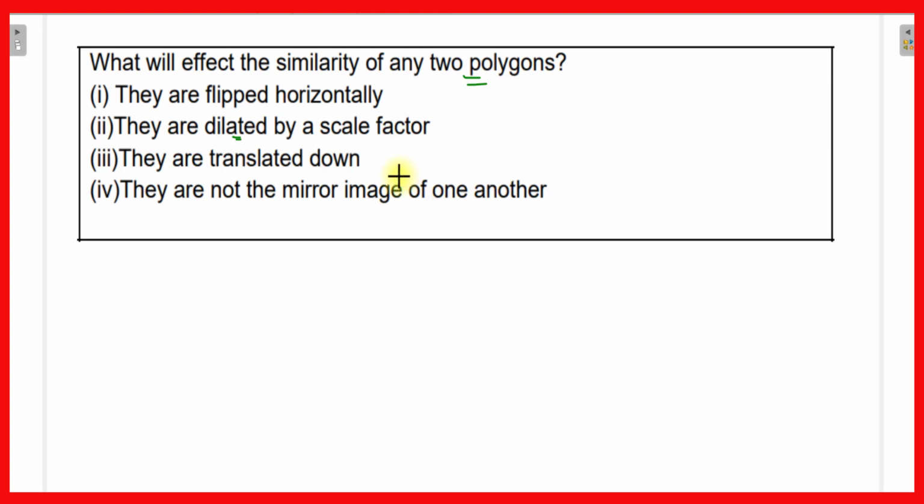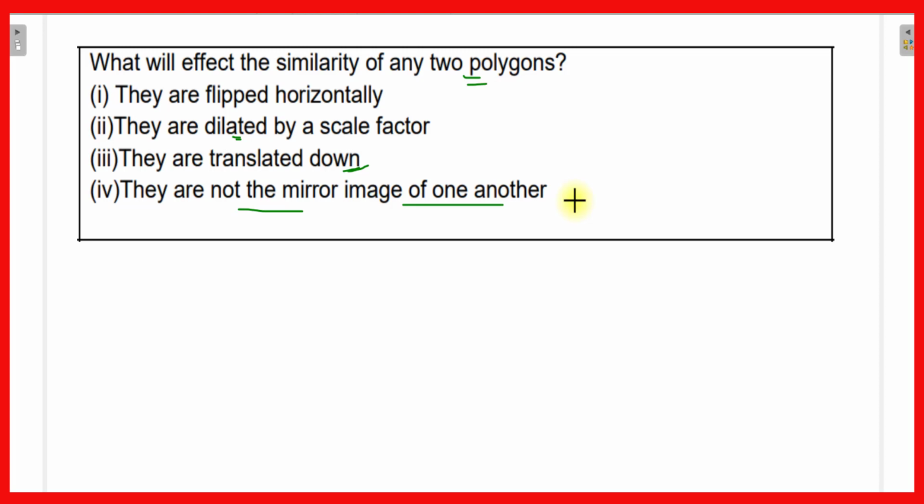And the next is, even if they are translated down, it will not affect the similarity of any two polygons. They are not the mirror image of one another. If the two polygons are the mirror image, then both will be congruent, because in the mirror image the dimensions do not change. They may flip, but the dimensions do not change. And since the dimensions do not change, the mirror images will always be